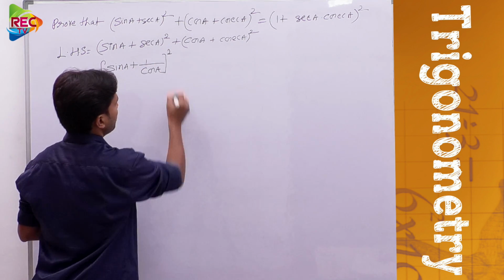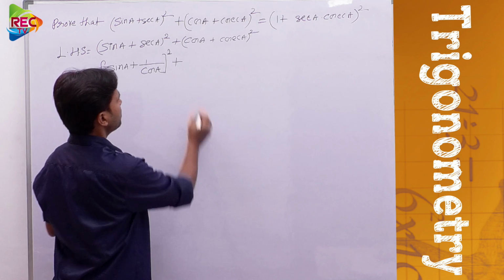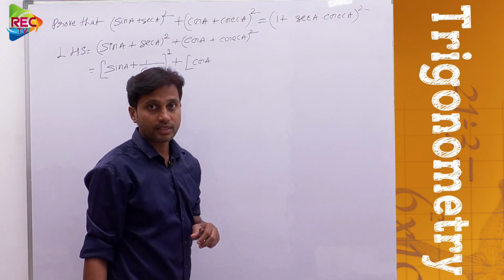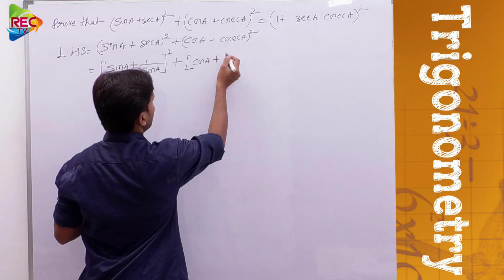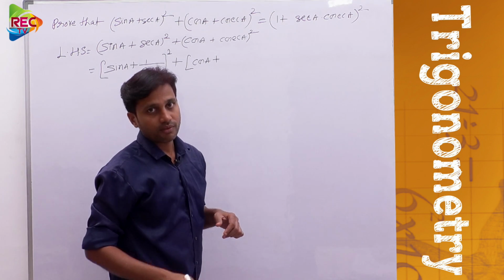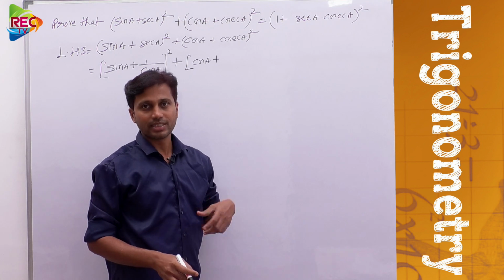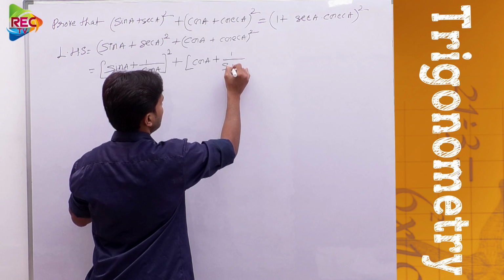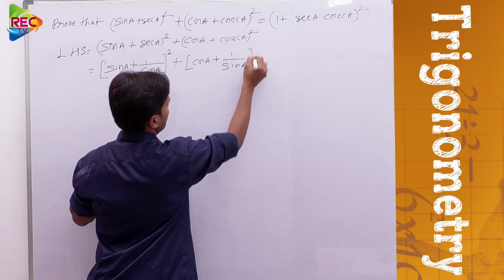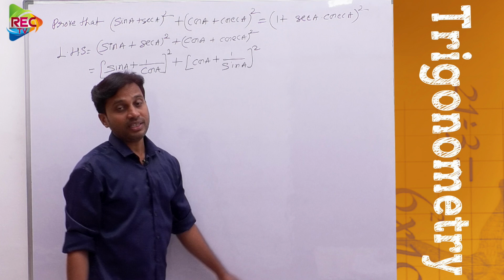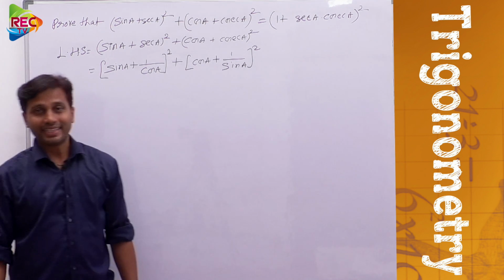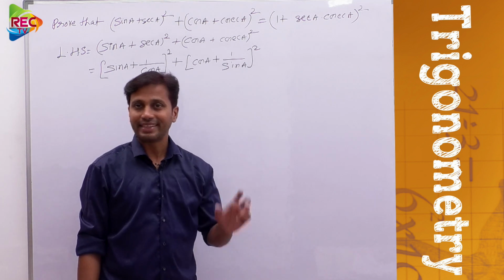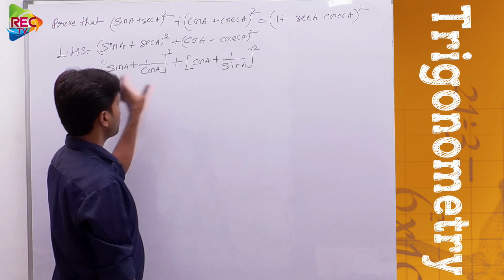to that whole square plus, now this would be your cos A. Now cosecant A can be written as what? 1 by sin A, because sin A is the reciprocal of cosecant A. So here 1 by sin A. Now what happened to this expression? The entire long and lengthy expression is converted into sine ratios and cos ratios, meaning sin thetas and cos thetas. So now we can solve this.